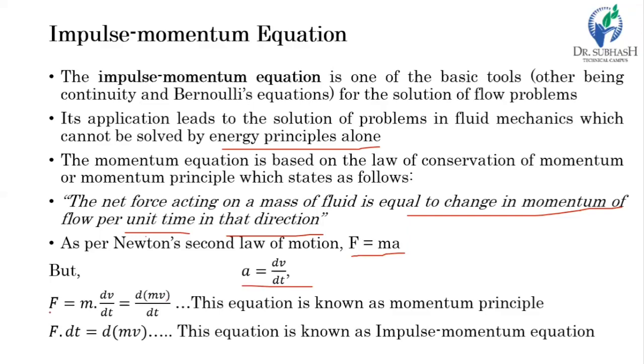We get mass d by dt, and by that we get the relation: differentiation of mass times velocity with respect to time. But mass times velocity is nothing but the momentum. So here we can say force is nothing but the derivative, or the change of momentum with respect to time, which is also called the momentum principle. And if we write this equation as F into dt equals the change in the momentum,